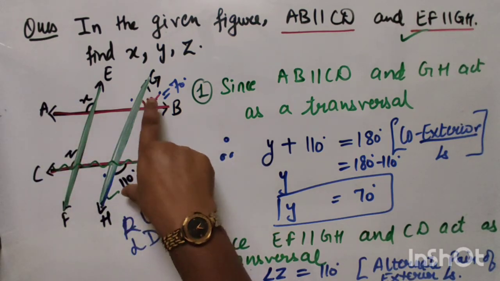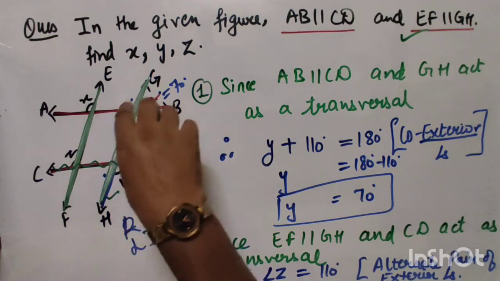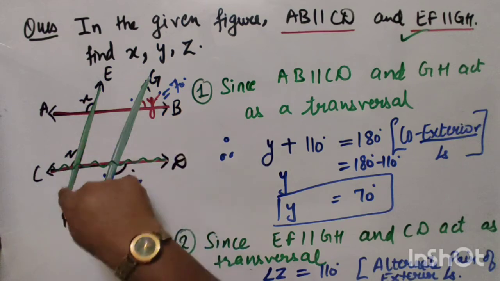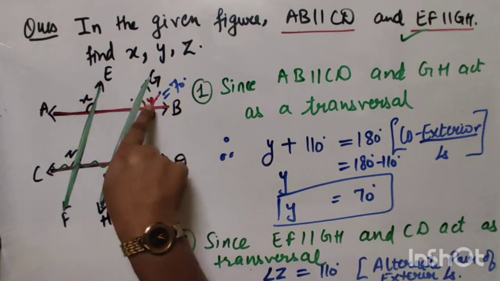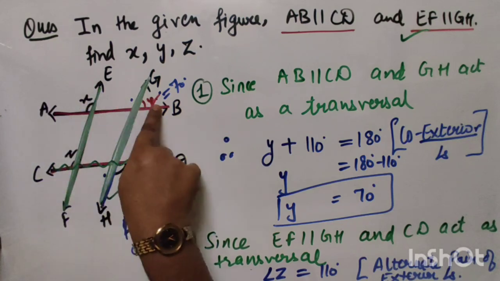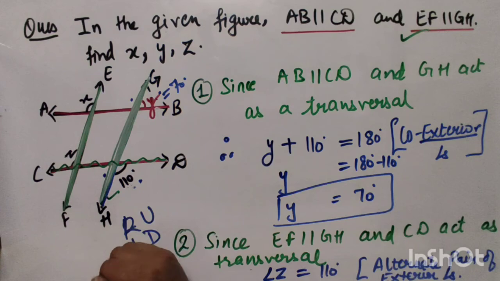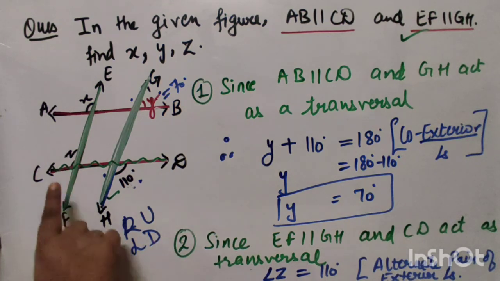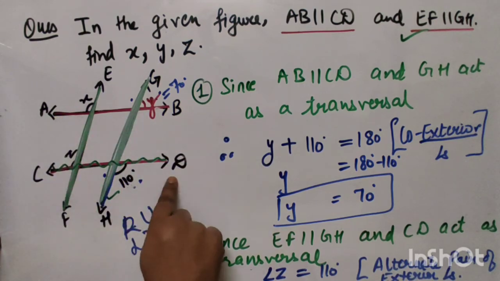Now the concept which we have used for this Y and 110, if you look at this figure, these two parallel lines, you can see that the same concept can be applied to them, because both are exterior angles at the same side of the transversal, right? So these exterior angles can make 180 degrees. And if I see from this side, if I consider AB and CD as parallel lines,